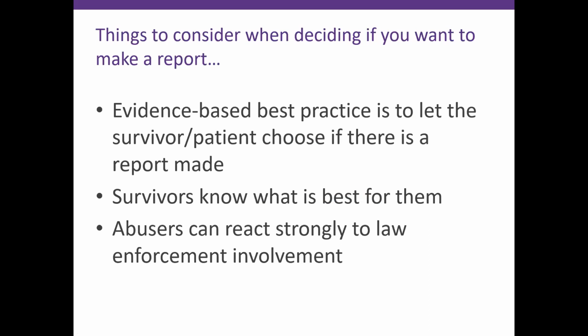So there is a national movement to collect information. You may have heard of a lethality assessment, which started out of the Maryland Domestic Violence Coalition. What they did was collect information from state fatality review boards. Many, if not all, states have a domestic violence fatality review board. A lot of them have child fatality review boards. What these groups do is, when there is a domestic violence fatality, they review the information in the case. They talk to families, they talk to friends, they talk to law enforcement, they talk to advocates when they can.